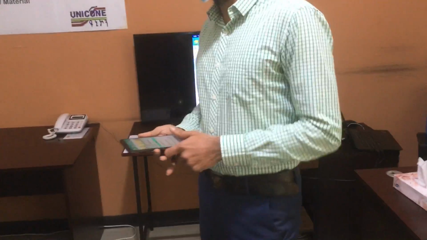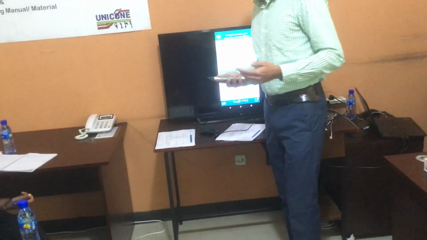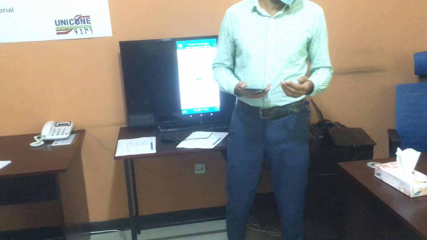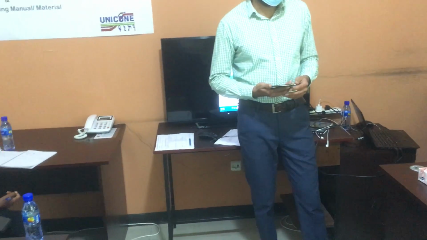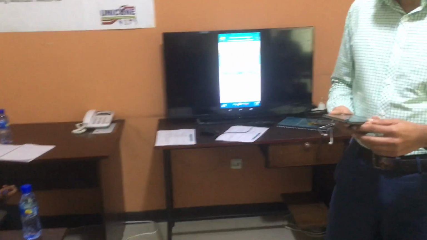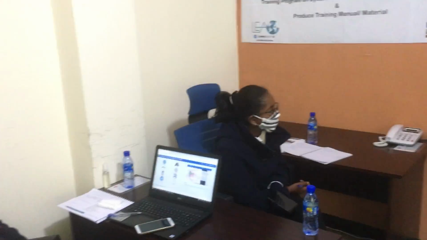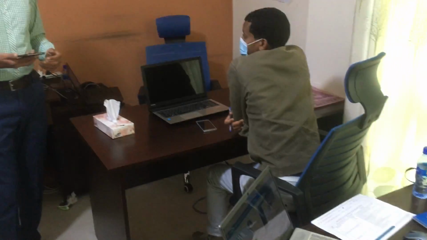This application actually requires some permissions once we install it for the first time. You need to give permission for the camera, because we need to take multimedia photographs there for the asset, and you need to allow location also, because this application is going to record lat long also. These two permissions are the bare minimum required to run this application. Otherwise, this application will not run to perform a task.